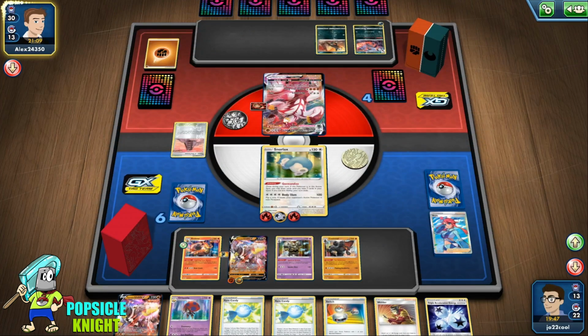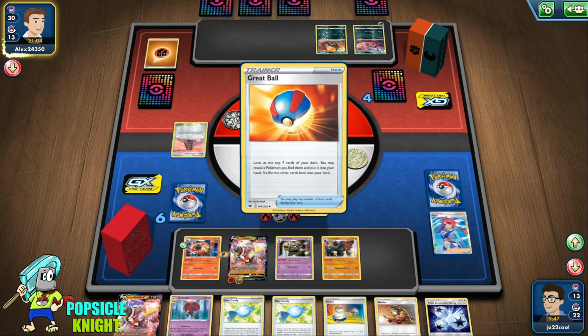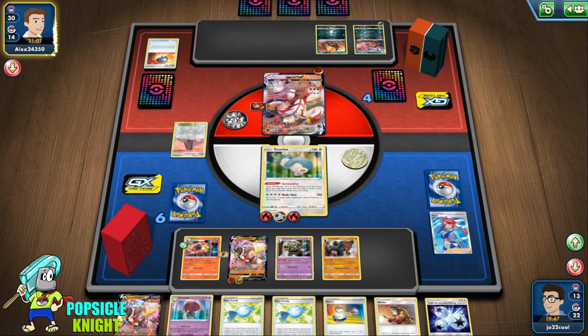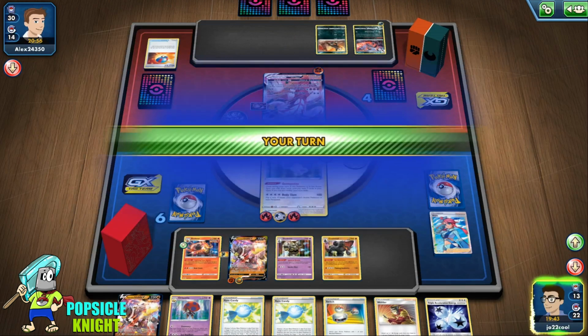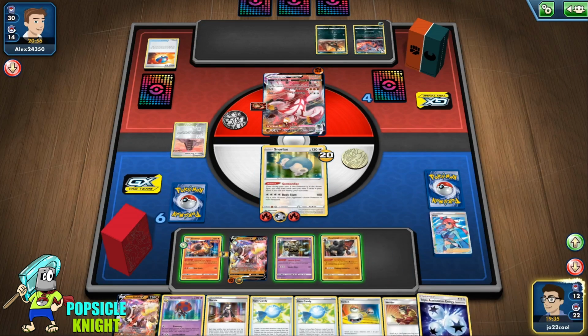Unfortunately, we can't attack. I totally forgot about our Dusknoir. So that doesn't count as twin energy. It's just one single colorless energy. So they're gonna Furious Anger. They don't have any damage counters on them, so they're only doing 10 damage, really double that, because Snorlax is weak against